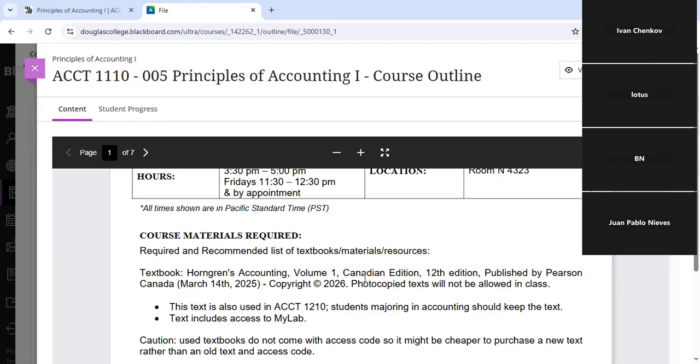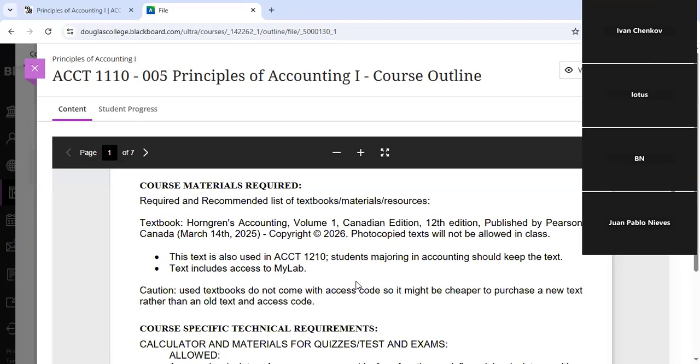So the next thing that we have to do is the course material. The course material required for this course is, I'll ask you to have a subscription or to purchase the Accounting Volume 1, 12th edition. Again, 12th edition. We're going to come a little bit later. I'm going to tell you exactly. I need you to have access to the online part of this course, which is MyLab. That's how it's called by this publisher. It's called MyLab in Pearson publisher. But I'll show you a little bit later what's in MyLab and what you can do there.